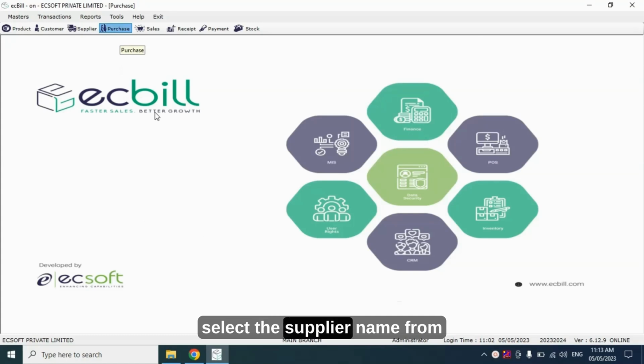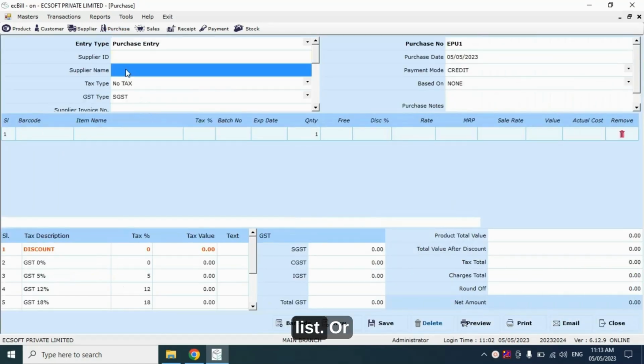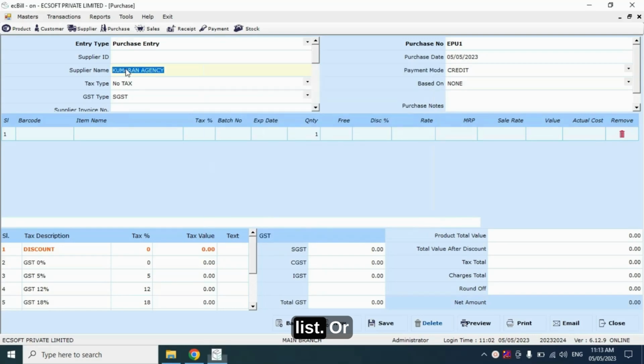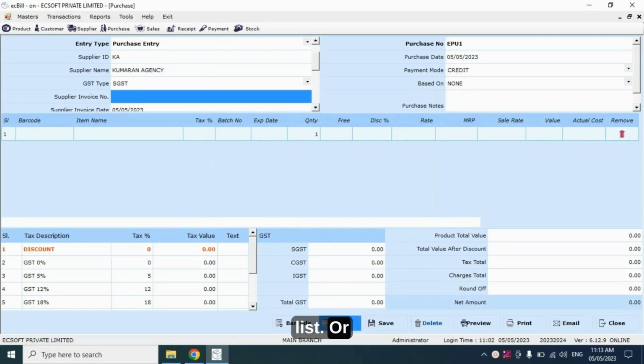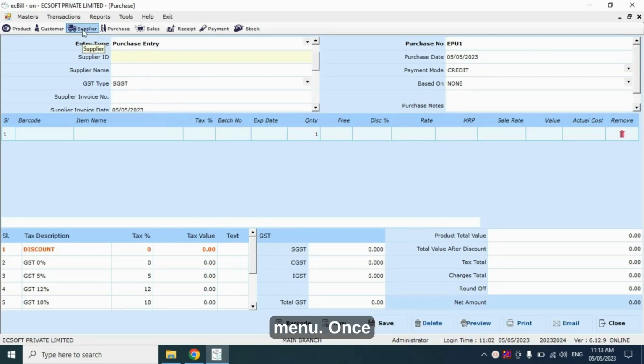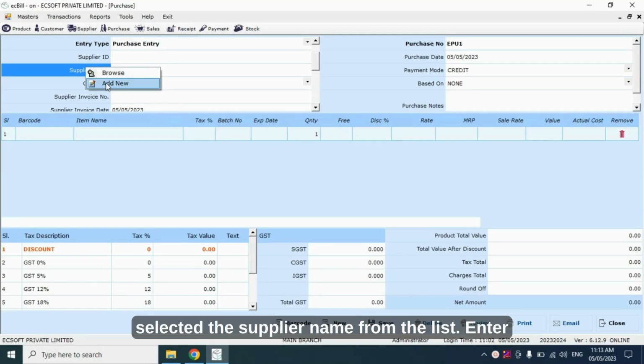Now select the supplier name from the list. Or you can create a new supplier profile under the supplier menu. Once you have selected the supplier name from the list,